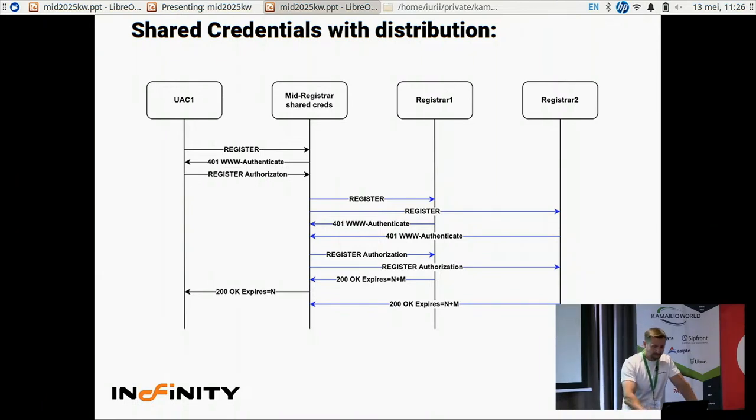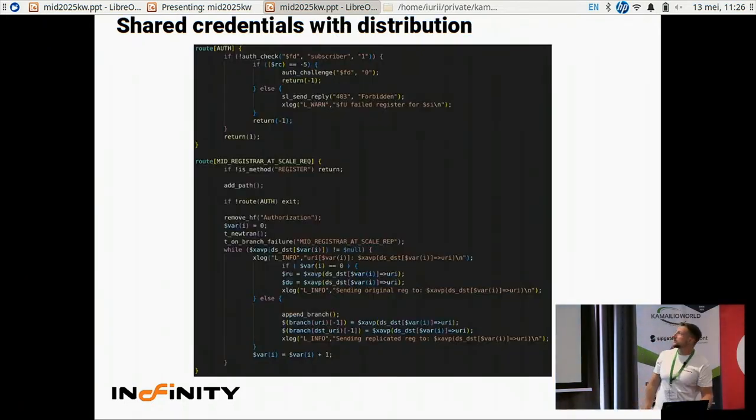How to do that? To do that, we first have to implement route auth. So route auth is a standard route auth. There is nothing new. So the mid-registrar again does spreading across the register nodes based on the dispatcher or whatever mechanics you're going to use, whatever mechanism you choose, whatever additional module. And the interesting part here is that we need somehow to handle